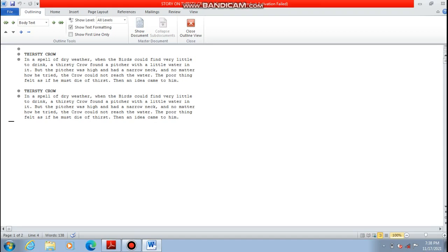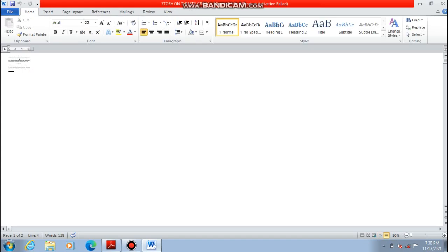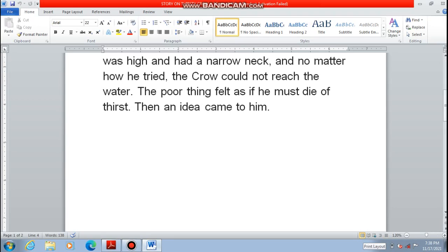After this, the next view is draft. Now as I click on the draft option, you can see the document is quite small. So this is the draft form. But whenever you want to make a printout of a document, you have to click on this option, that is print layout. Whatever you type, it is better to use the print layout view, and from there you can make the changes or print the document very easily. So this is the view of the document.